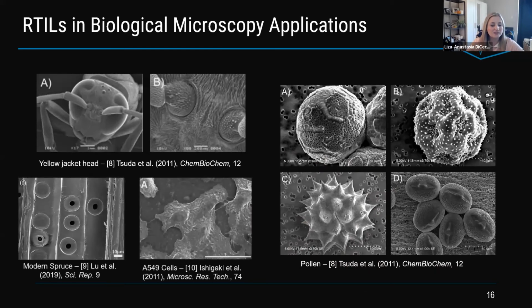There are other works as well. A lot of people are imaging wood with ionic liquids, and I found that very interesting because it has analogous hierarchical structures to bone in my own research, as well as cells. Cells are a very common application, and it really does make sense, especially for people in the biomaterials field,